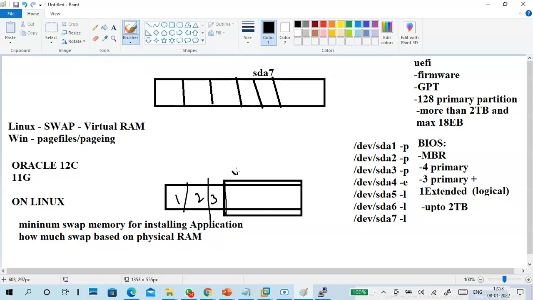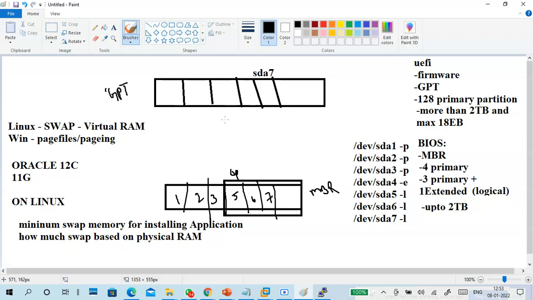The fifth one is again a logical partition, then 6, 7. The numbering goes like this because it's MBR, master boot record. And this one is GPT. Guys, understand how the names are in GPT and MBR.